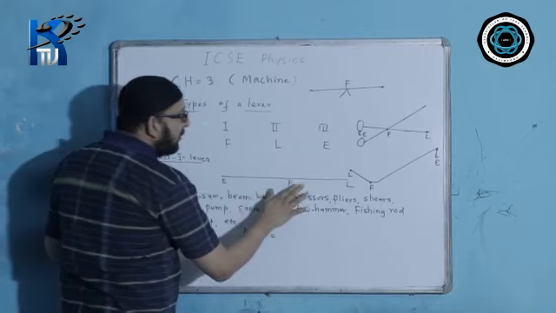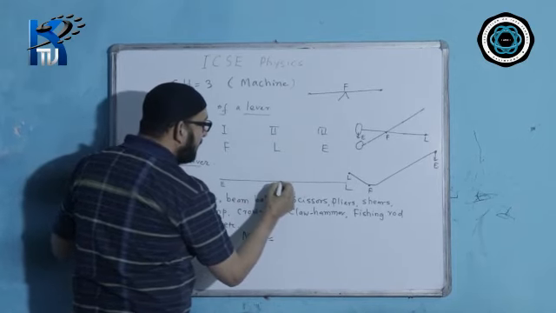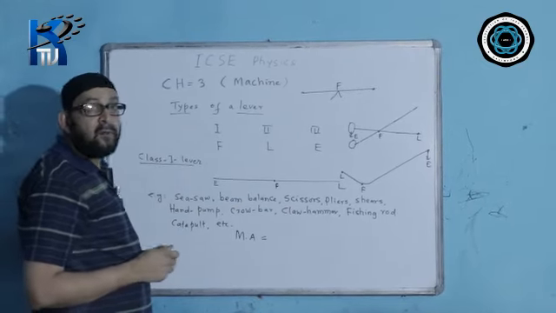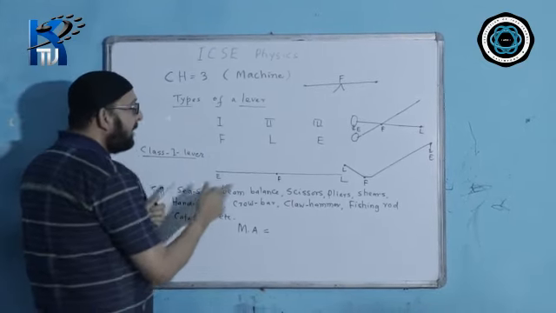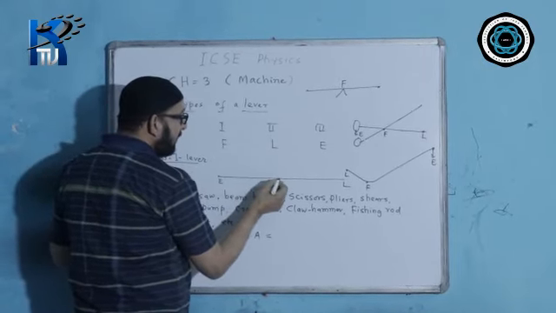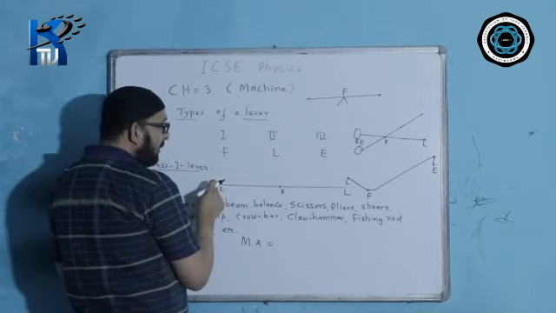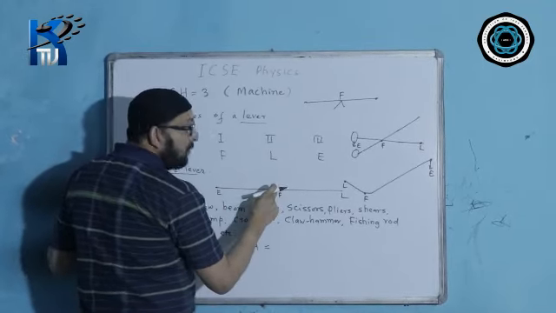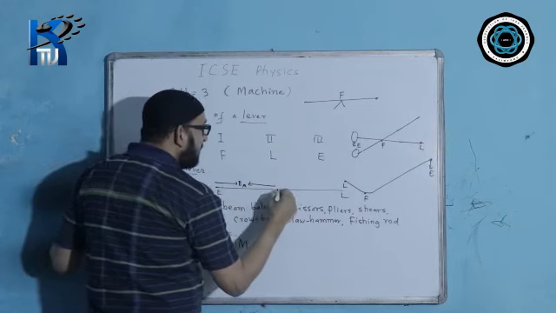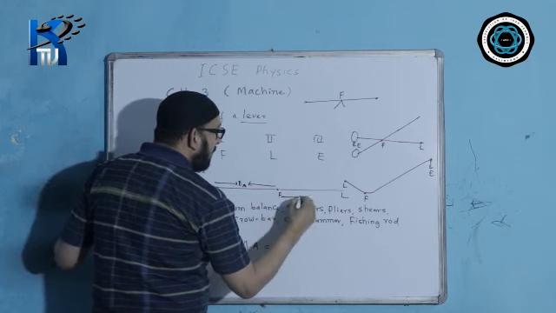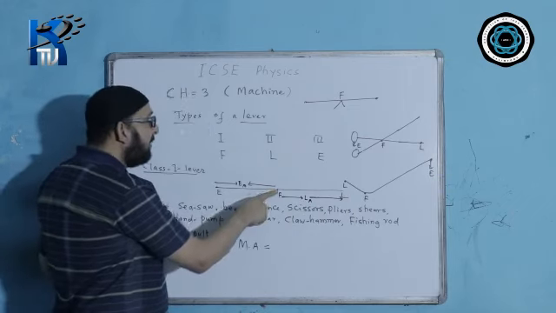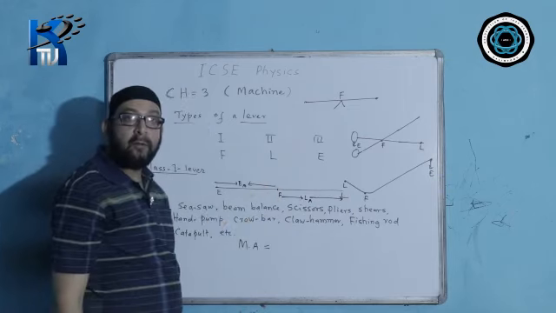If the fulcrum is situated exactly midway, like that happens in the case of a beam balance, and again in the case of a seesaw, then the effort arm will be this much. All the arms are measured from the fulcrum. The distance of the effort from the fulcrum is the effort arm. The distance of the load from the fulcrum is called the load arm. That means this is your effort arm, and this side is our load arm. You will find that if it is exactly midway, then the effort arm and the load arm are of equal values.